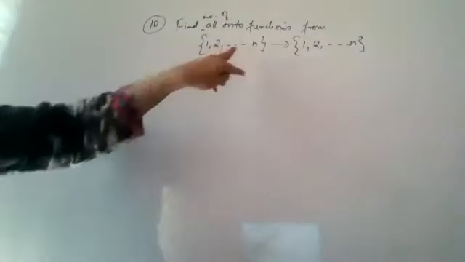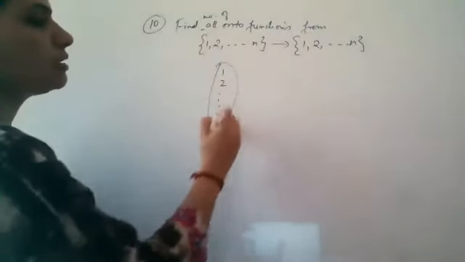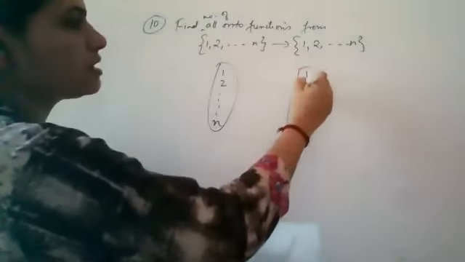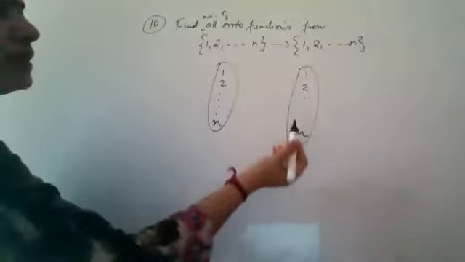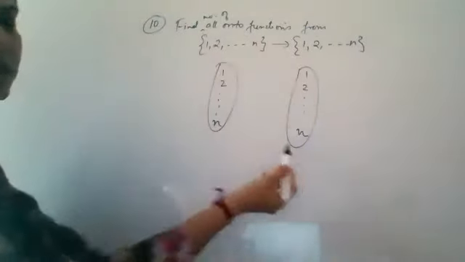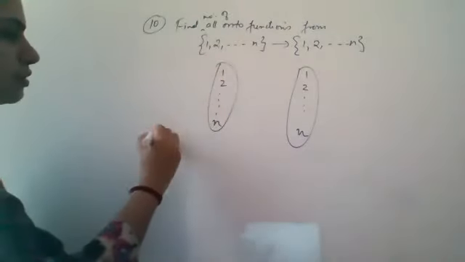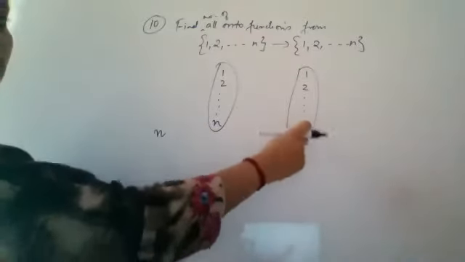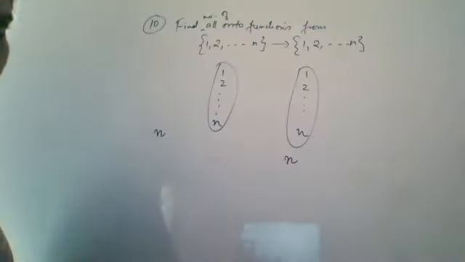Now again, in order to have an onto function, we know here if you have 1, 2, etc. till n, a finite set, and here also you have a finite set 1, 2, etc. For a finite set to itself, if I want it to be an onto function, I should have all the elements taken. Since it is a function, here all should take part. So here you have n terms. Here also it is necessary that all have a pre-image. So that is also taking n at a time.